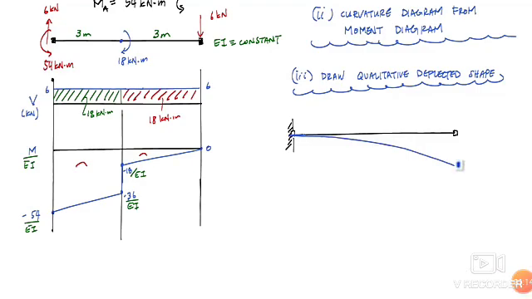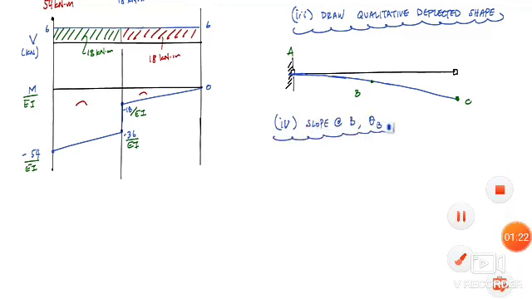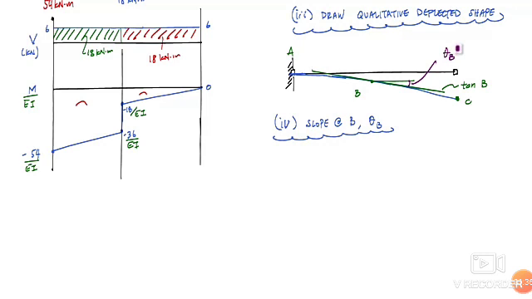Now go ahead and calculate the slope at point B. For the slope at B, what we'd like to do is draw the tangent line. Here the tangent line at B, with the angle with respect to horizontal, is theta B. That's the slope at B with respect to horizontal. Because I know the tangent line at A is straight, the slope at A is 0.